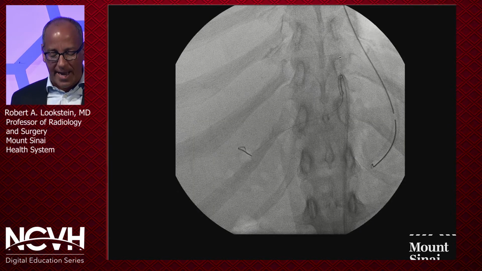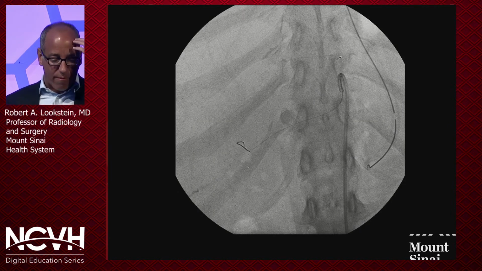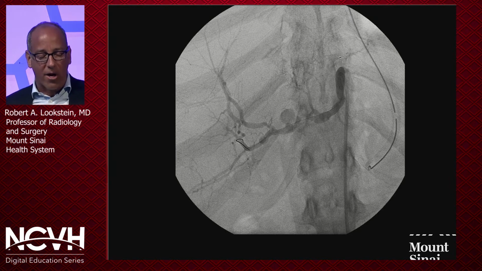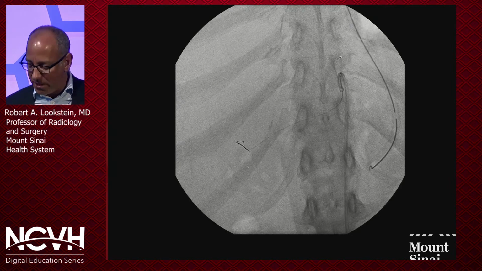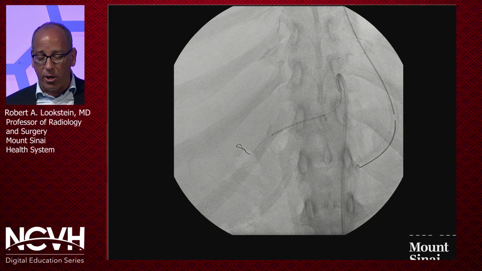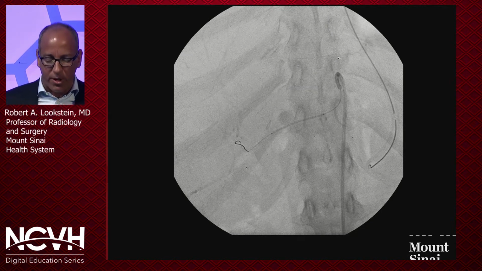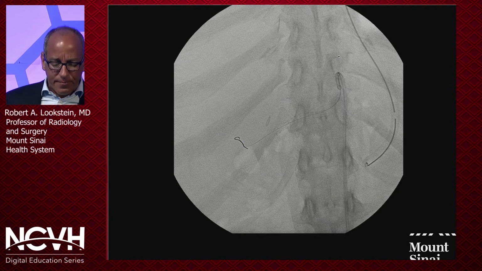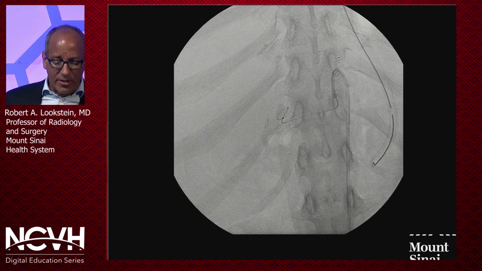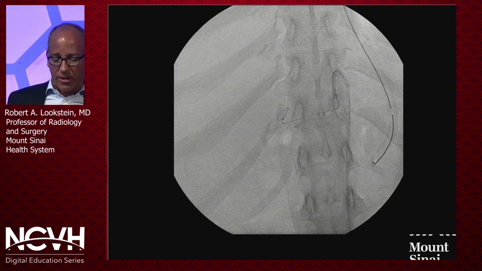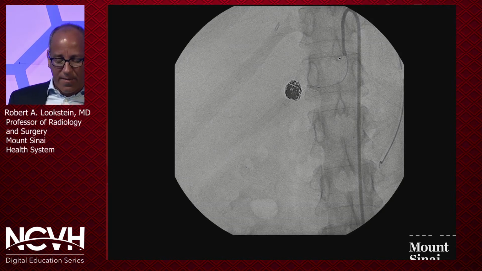So here we're trading out from a selective catheter through a reverse curve guide cath. We have a wire across the neck of the aneurysm into the right hepatic artery. We actually put a coronary stent across the neck of the aneurysm to preserve perfusion to the remainder of the liver. And there's the stent deployed, and then a microcatheter through the interstices of the stent, filled up the aneurysm